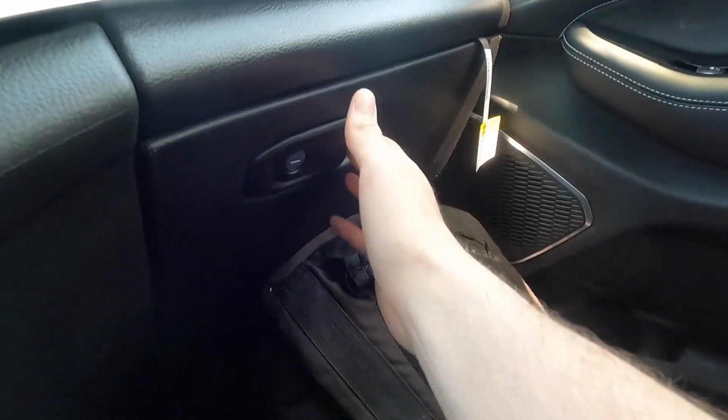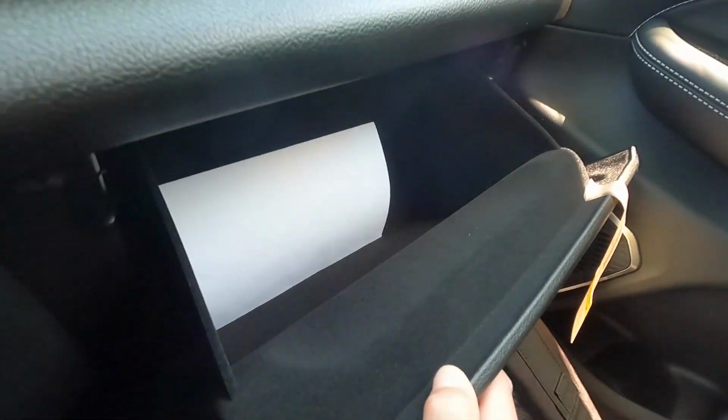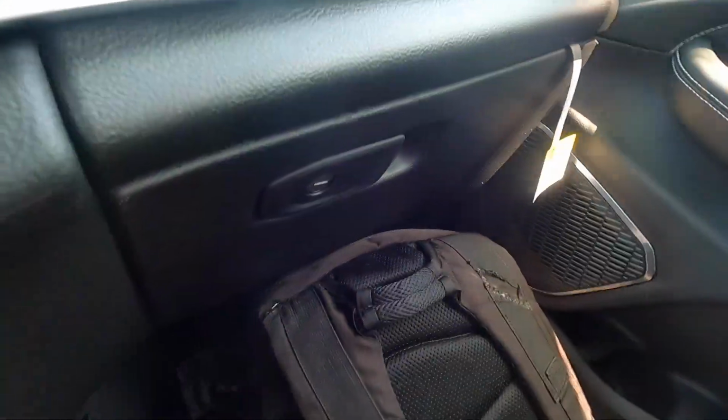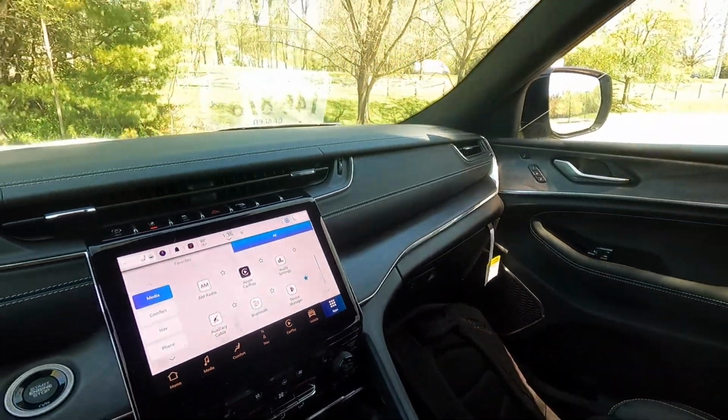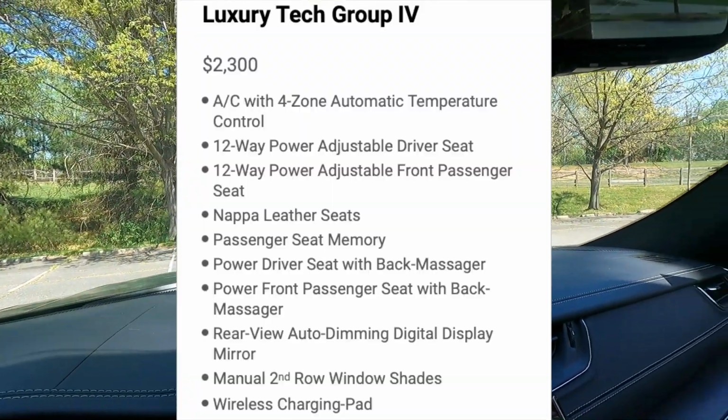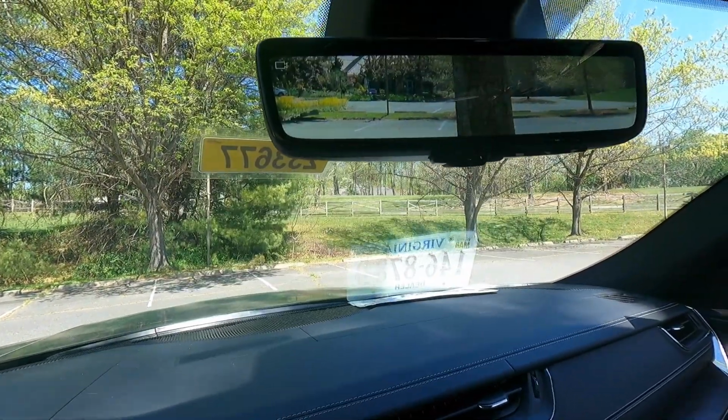You guys also do get a lockable glove box with a decent amount of space down in there. Not the most amount of space, but you can fit what you need to in there aside from your owner's manual. Now, like I mentioned, with the $2,300 Luxury Tech Group 4, you guys do get this rear view camera